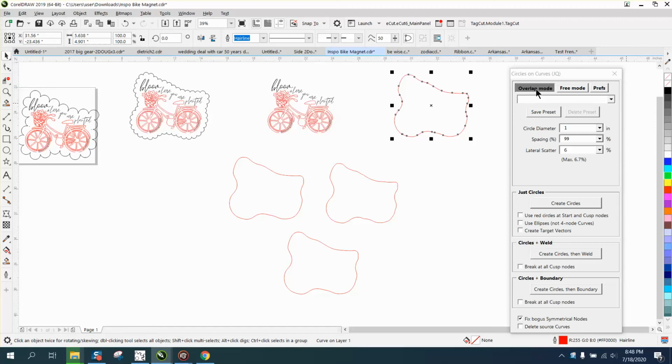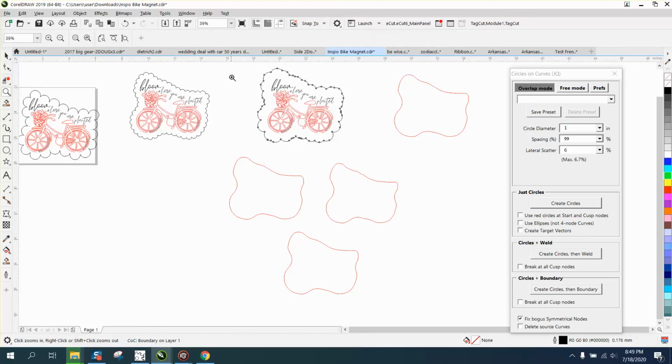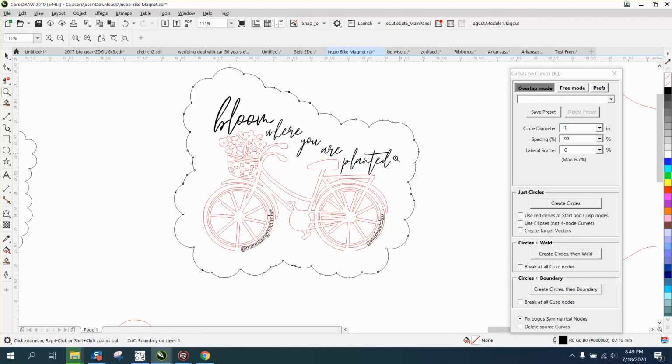And what it does, it overlaps. We're going to use the overlap mode. I've only played around with this a little bit today, and we're going to create circles on the boundary. And look at that, it did it, and they're not symmetrical. So when we put it back,